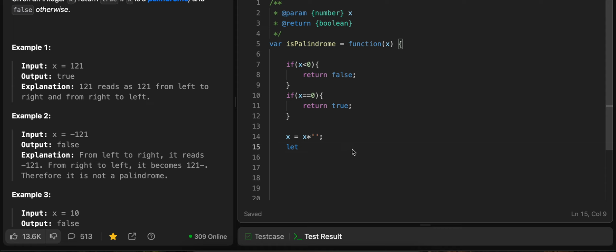so for that, ptr1 will start from 0, let ptr2 be x dot length minus 1. Now while ptr1 is less than ptr2, we check